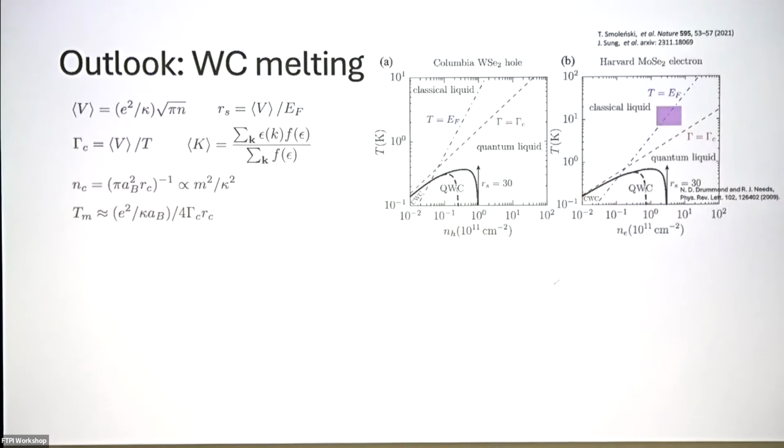So another outlook is to look at the Wigner crystal melting in this kind of system. They haven't done work on Wigner crystal in this new generation of TMD system. All these old experiments were done in old generations of samples with very large density of charge impurities. So if they repeat the experiment in, for example, tungsten diselenide, I think they should see better results.